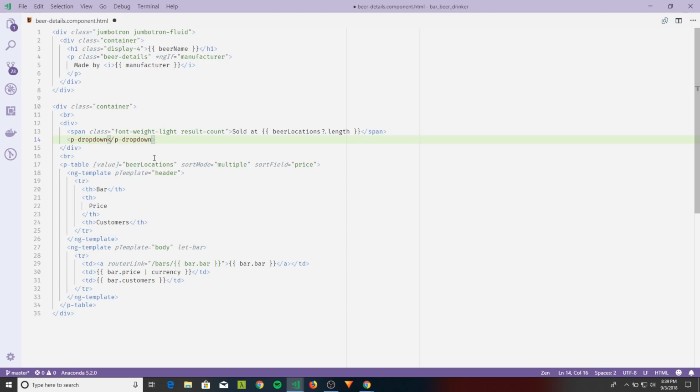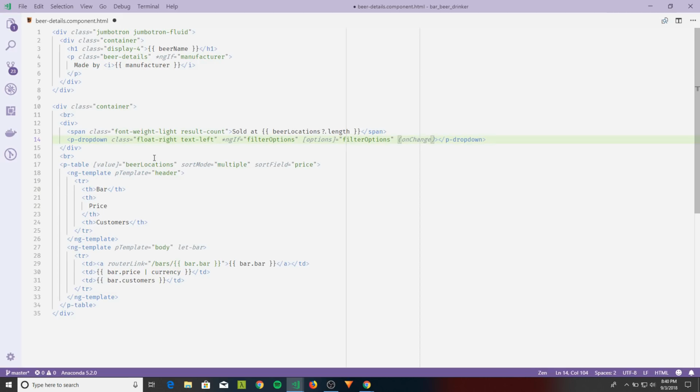P-drop-down, and a couple things, float right and text left. Additionally, we only want to do this if we have some special filter options, which I will create on the component. And we'll need to give a list of the different options. So again, filter options. And whenever the value changes here, which we can capture using the onChange event, and note